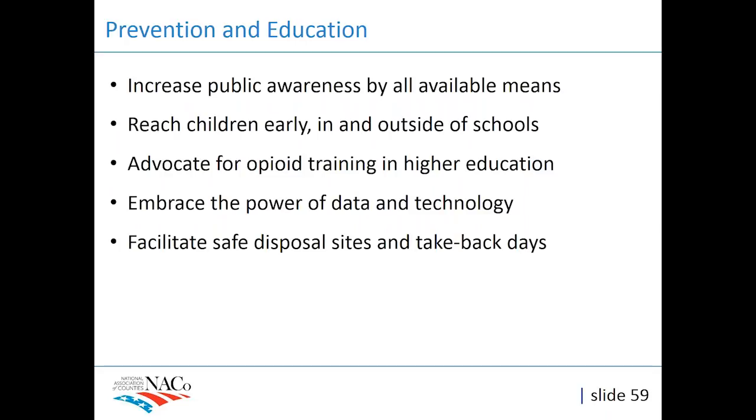And counties obviously play a big role in that sort of supply decrease through take-back days and safe disposal sites, and there are a lot of interesting questions of where those safe disposal boxes should be located. Should it be in a county building? Should it be in a sheriff's office? Should it be in a CVS or a Walgreens? Where is it most effective? And how do we work to limit the risks that come along with having a box that has a bunch of opioids in it during the opioid epidemic? So those are some of the prevention points that we hit on.